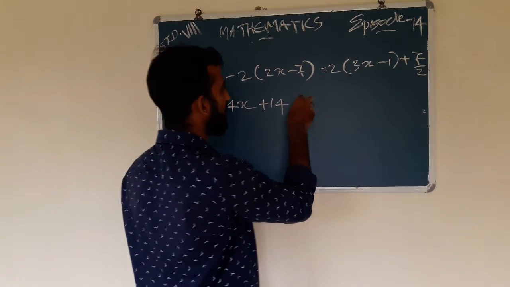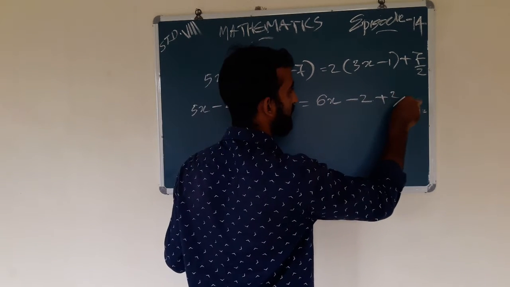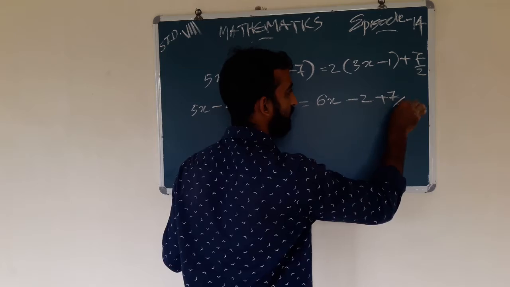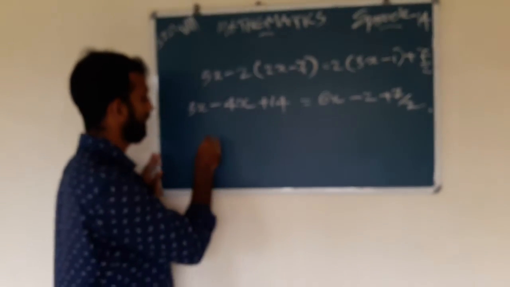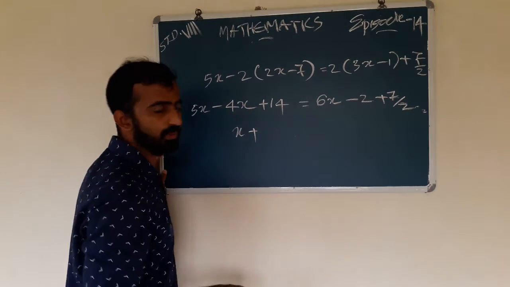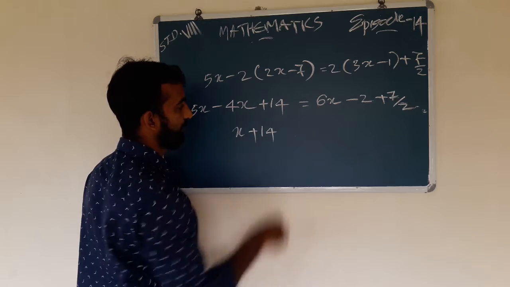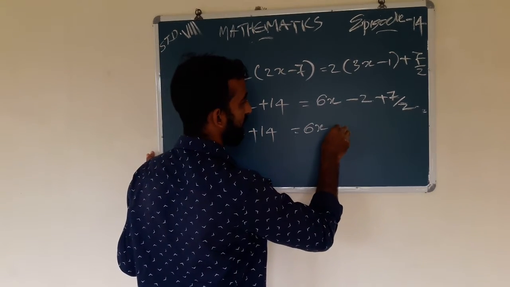That is, here we get 6x minus 2 plus 7 by 2. That is, here 5x minus 4x, x plus 14 equal to 6x minus,